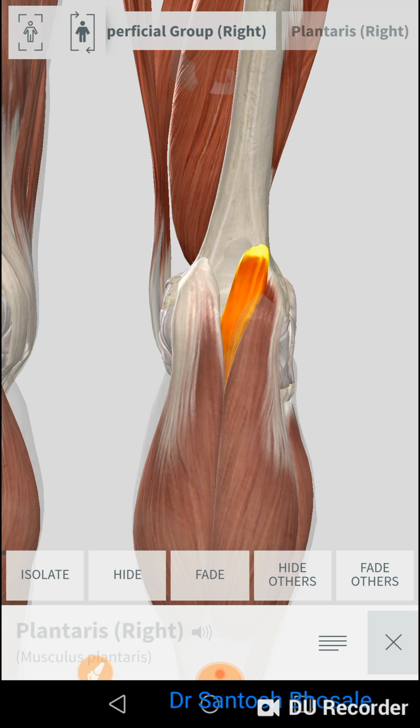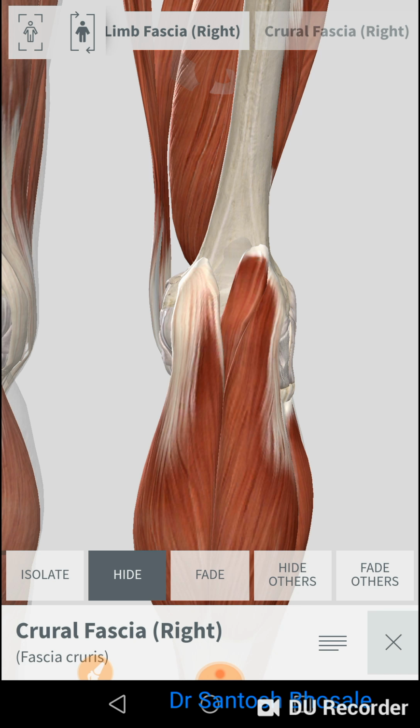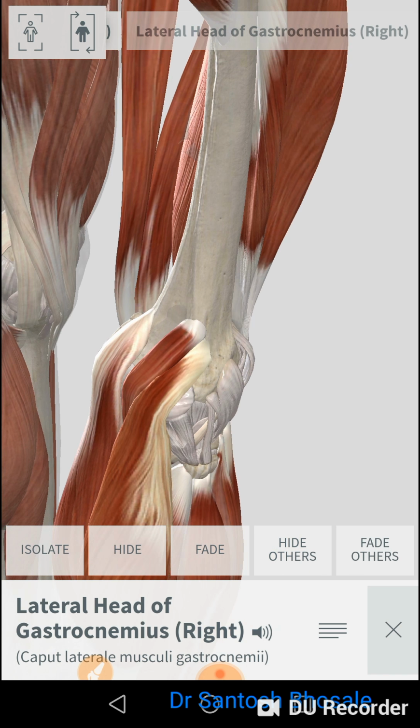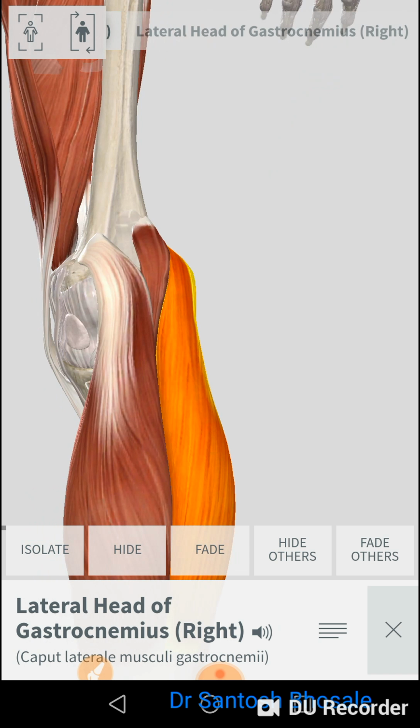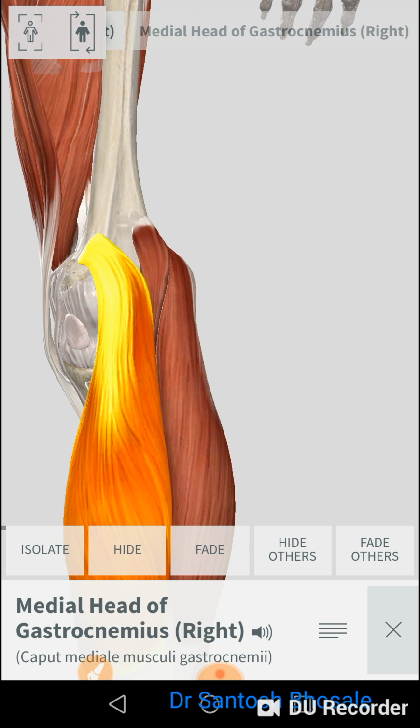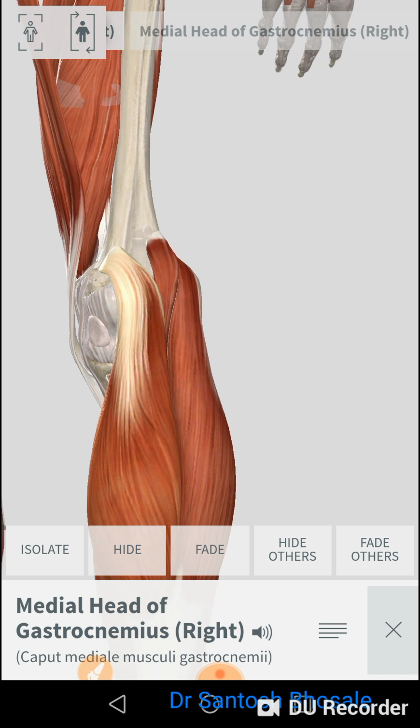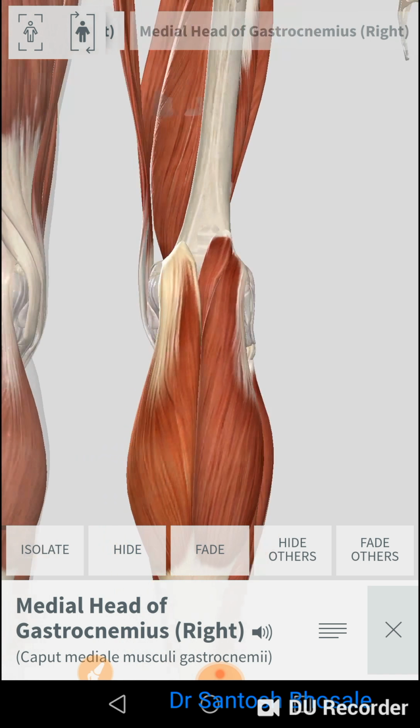And here you can see the plantaris muscle coming from the lower end of the lateral supracondylar line, and also you can see the upper part of the lateral head of gastrocnemius coming from the lateral supracondylar line of the femur, and medially you can see here the popliteal surface just above the medial supracondylar line of the femur. You can see the origin of the medial head of gastrocnemius,